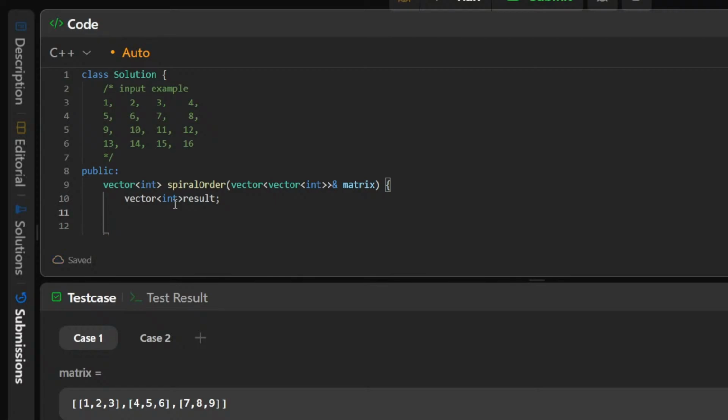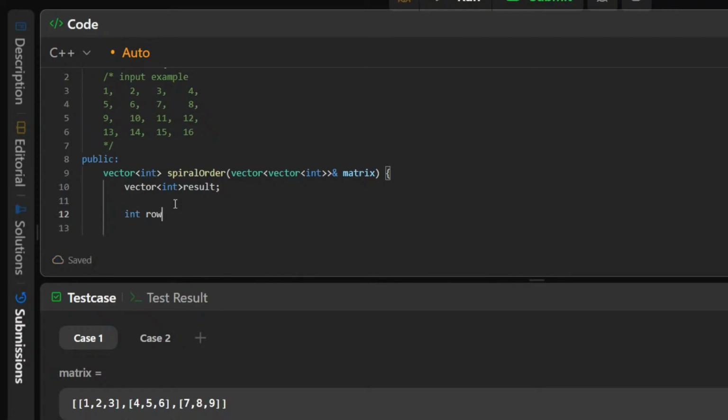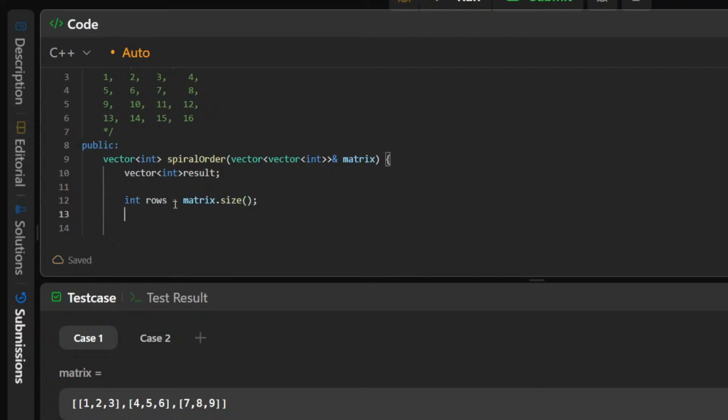Now we will calculate the number of rows in the matrix by matrix.size. Now we have to know the number of columns, and this is pretty standard procedure. We get it by matrix[0].size, so that will give us the number of columns in the 2D